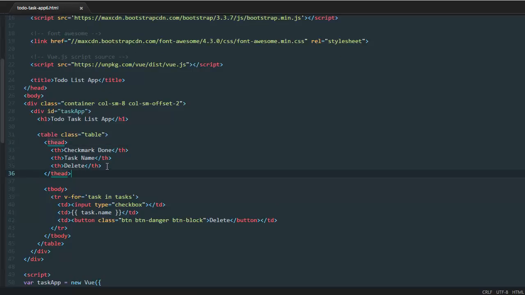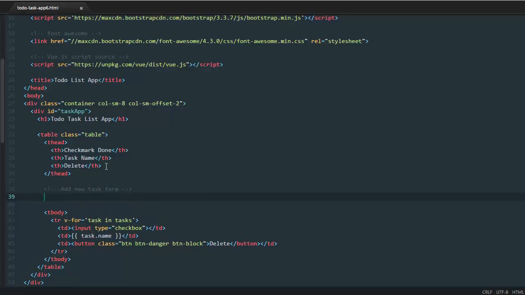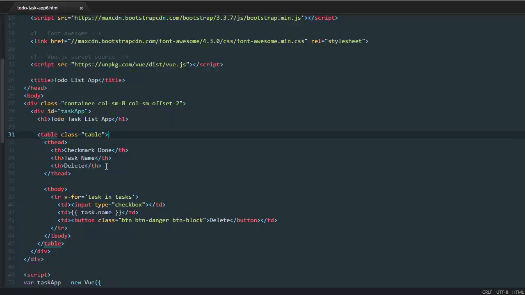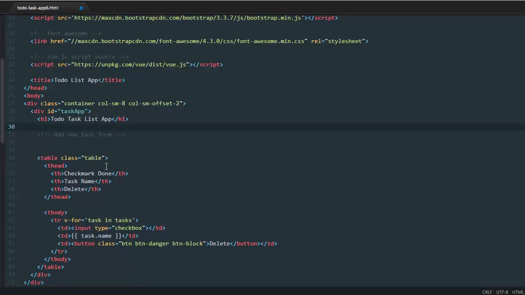Okay, so now let's create an add new task form. Right, so let's do that. Let's create, oh actually we're not doing that here. We're doing that up here. So let's go, let's see. Add new task form, and